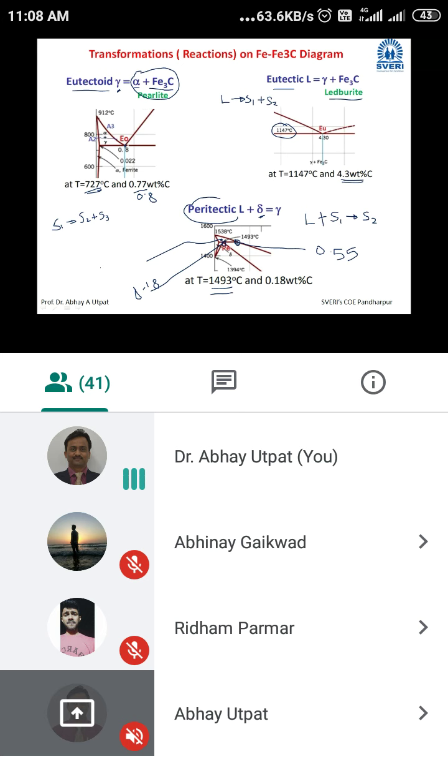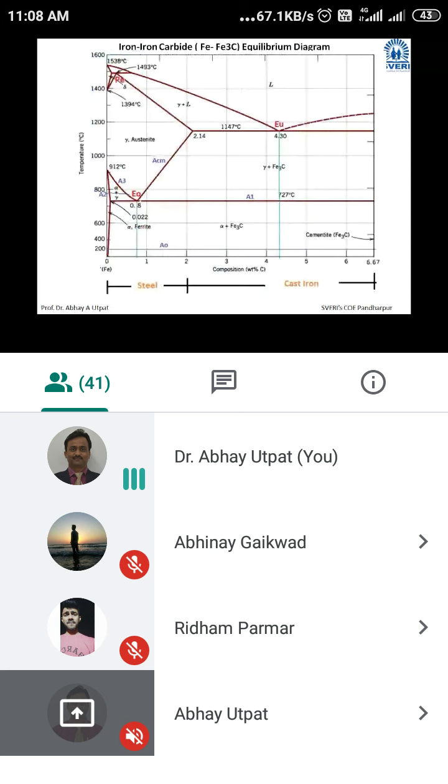Tomorrow, whatever the timetable, when we meet next time, I am going to ask what is alpha, what is austenite. You must understand the diagram, draw it with scale, and stick it at your study location. I will take this back once again. Those who have not taken a screenshot, please take a screenshot of the diagram. If you Google it, a very beautiful color diagram is also available. You can Google it also, no doubt.